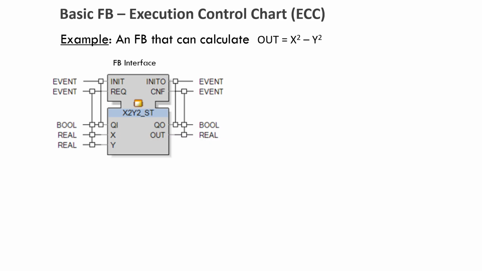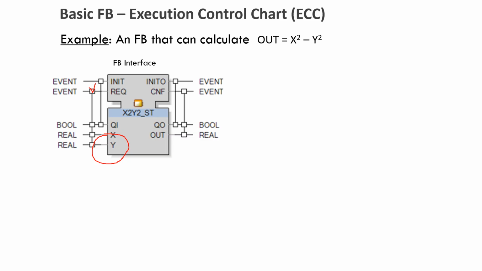You see here these input variables x and y, which the function block takes, and it can sample those variables on arrival of the input event rec. So when this input event rec activates the function block, these two variables x and y are sampled, and then this calculation of x squared minus y squared is done. Then output event CNF is emitted,